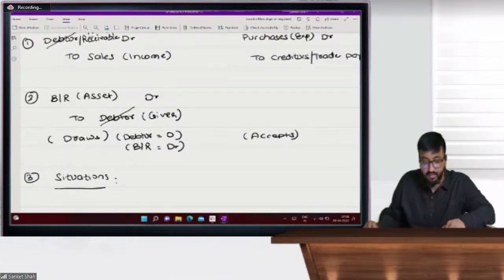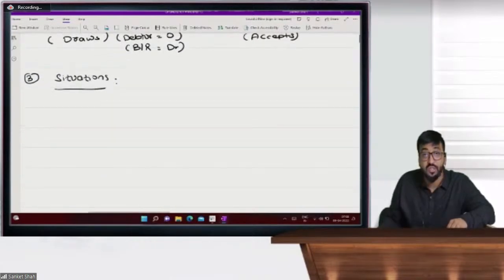Debtors. Very simple. So what you have to think? Debtors account will get cancelled, and which is the new account? Bills receivable account. Now what are the situations, my friends? Situation 1,